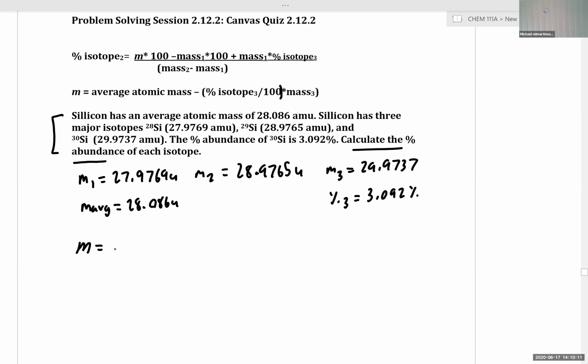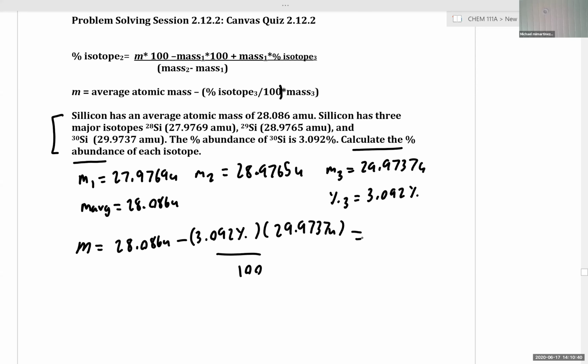So then, the adjusted mass is the average atomic mass minus the percentage of isotope 3, which is 3.092%, times the mass of isotope 3, which is 29.9737 AMU over 100. And that in turn gives us